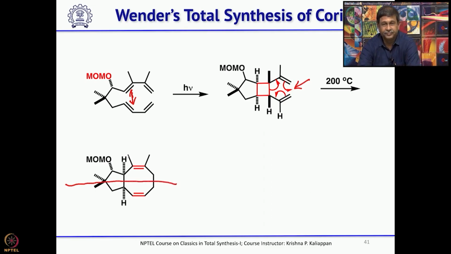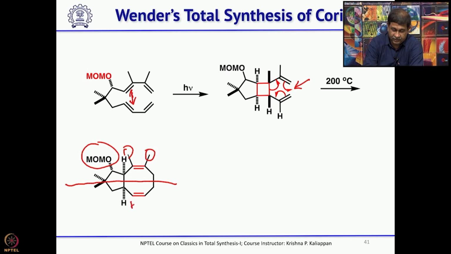Is it symmetrical? No, because you have 2 methyl groups and a MOM group, so it is not a symmetrical compound. Nevertheless, you can selectively do hydroboration on one of these double bonds. Which double bond will undergo hydroboration? That too, if you have to use 9-BBN. 9-BBN is a bulky hydroborating agent. So, obviously, it will not go to the tetrasubstituted one, and it will go to the disubstituted, and even among the disubstituted there